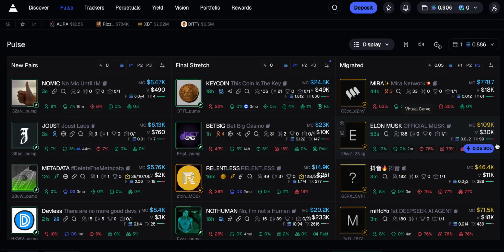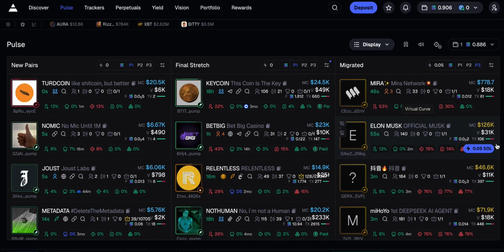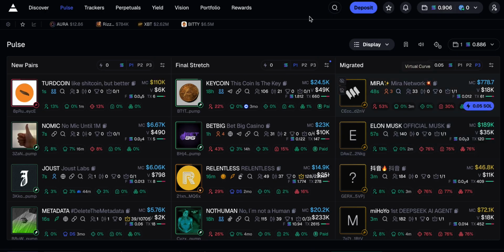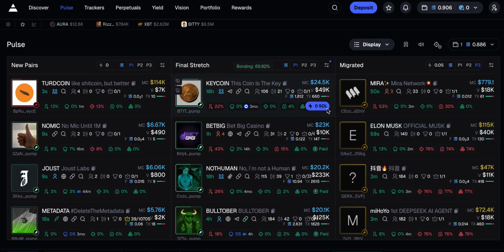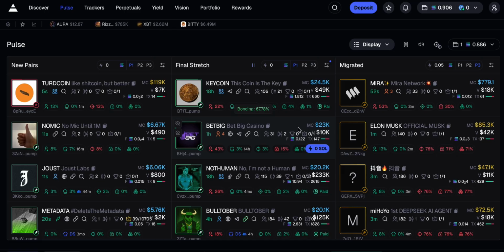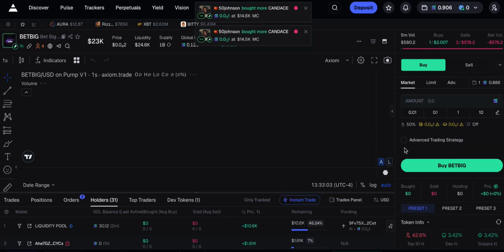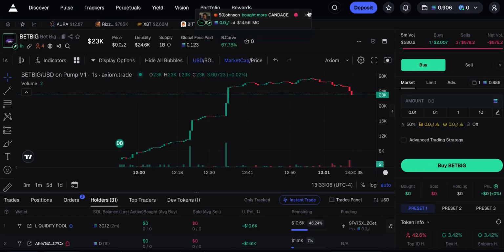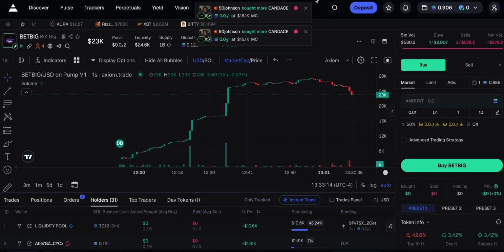So we've went over bundlers. Then the next thing I think that we should go over is top 10 holders. And top 10 holders is a very big thing to go over. Me personally, I don't buy into anything that has over 25 to 30% top 10 holders. And any coin where the top holder is holding over 3.5%, I try and stay